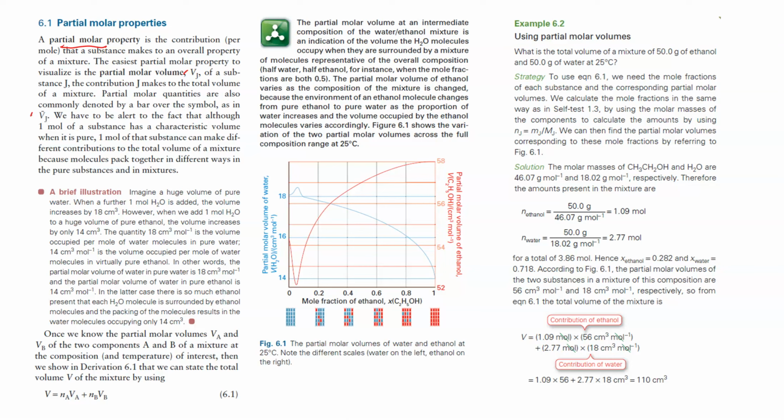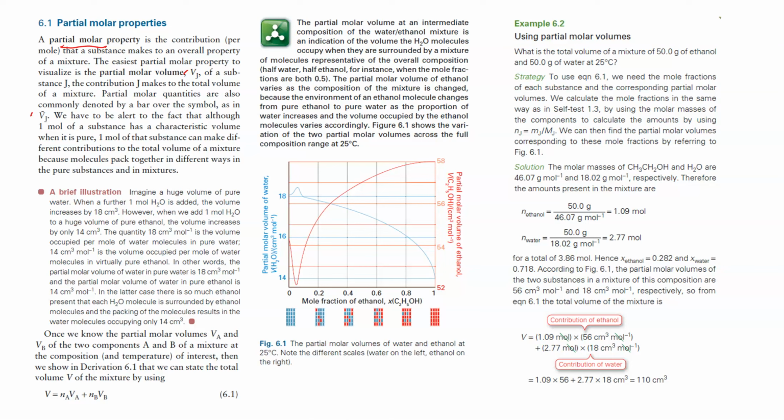In other words, the partial molar volume of water in pure water is 18 cubic centimeters per mole, and the partial molar volume of water in pure ethanol is 14 centimeters cubed per mole. In the latter case, there's so much ethanol present that each water molecule is surrounded by ethanol molecules, and the packing of the molecules results in water molecules occupying substantially less volume. And this is just a specific example of what I was describing in my experience,